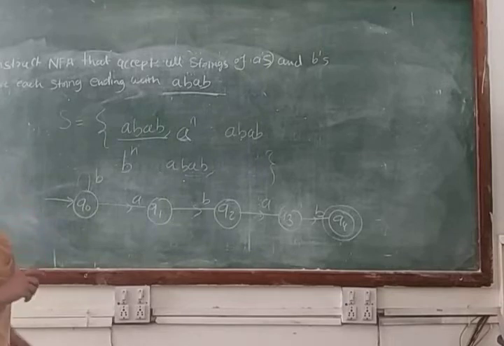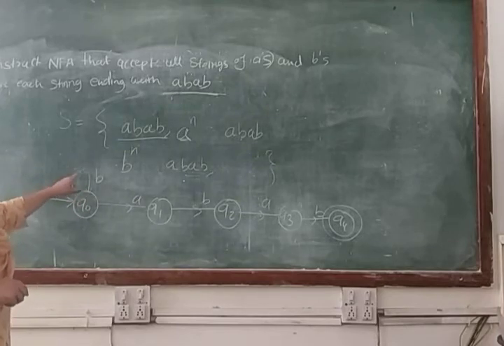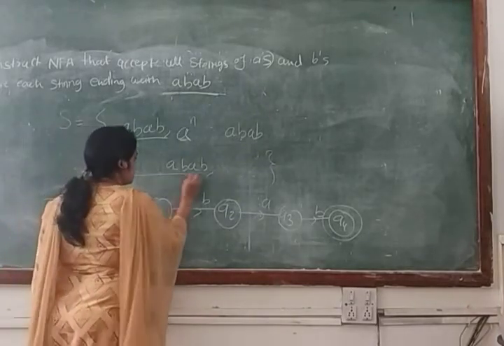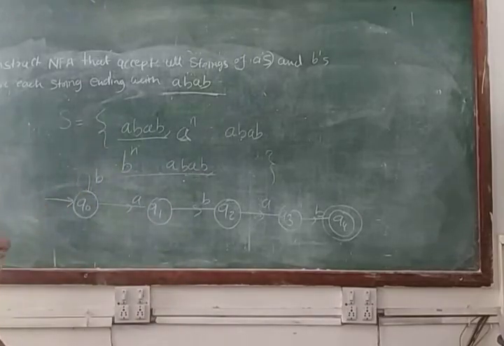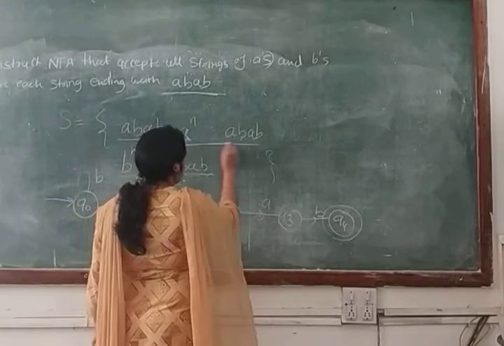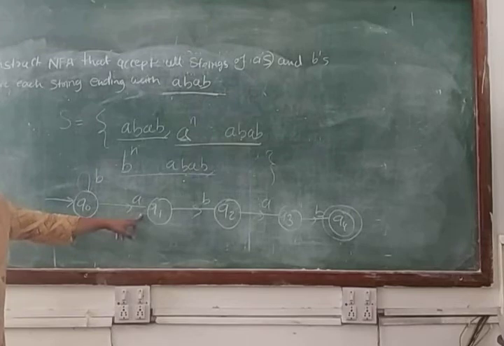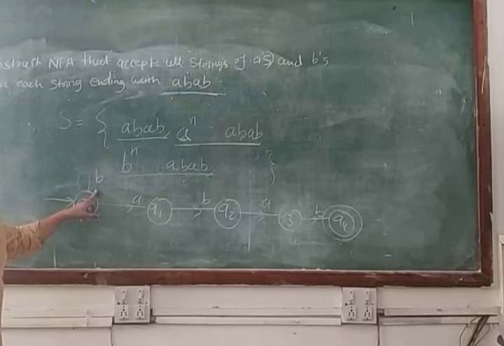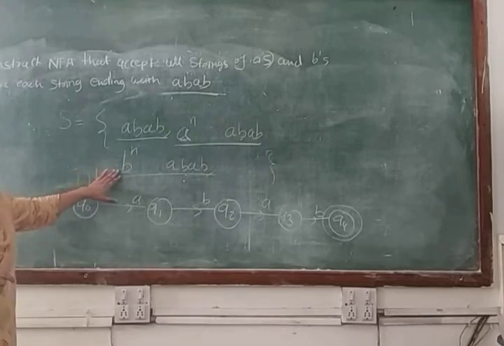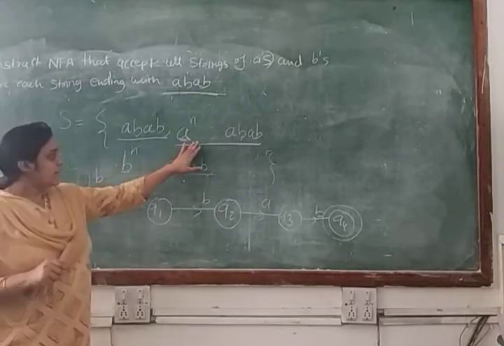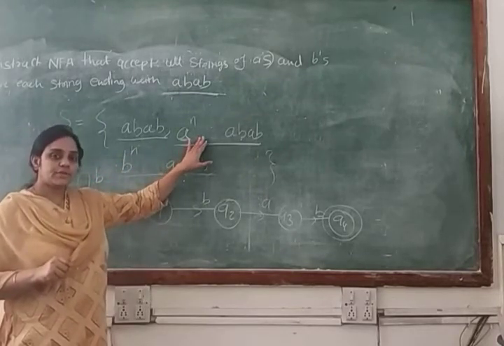So now we will try to make a condition for input symbol A, because if we are making a condition only for input symbol B, in that case this kind of strings will be complete. But if you are making a machine for this type of string, then how will you make the machine? Because this is your finite condition. This is not your infinite condition, because here you are making a loop. So whenever you make a loop, in that case you convert your machine for the infinite length language. So you are converting your machine for this string, but you are not accepting this type of condition or this type of string from your machine.